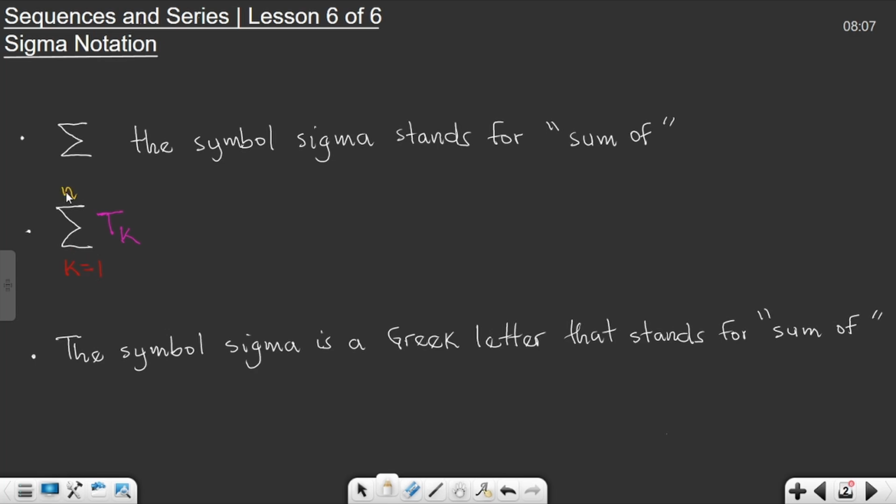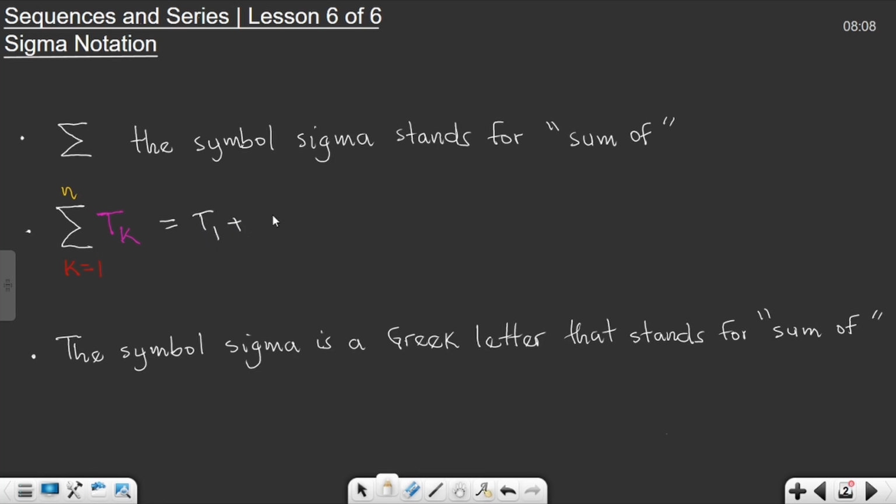What is written in yellow is the value to substitute in your general term in order to get your last term. So this, in other words, is equal to